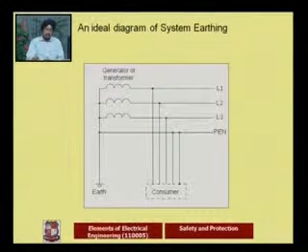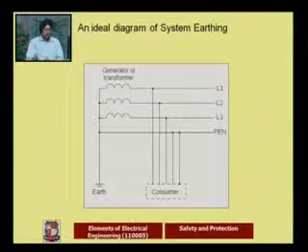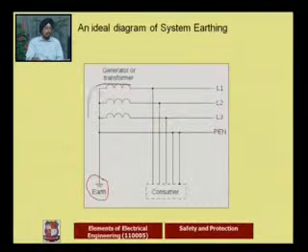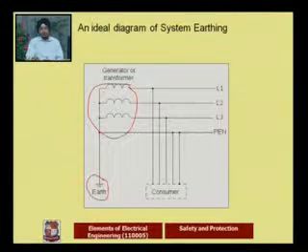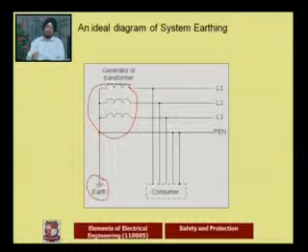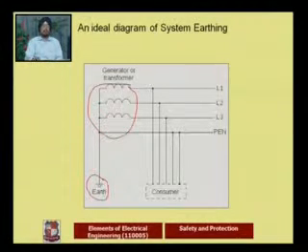One typical diagram shows one generator or transformer with a 3-phase winding. What we are going to do is take the neutral, and that neutral is going to be earthed, a common point over here, and that is going to be at the earth side. So that is called the system. Now this is our system. The generator or transformer, which are the main source of energy for us, work as a system for us, and that's why such grounding is known as system grounding.